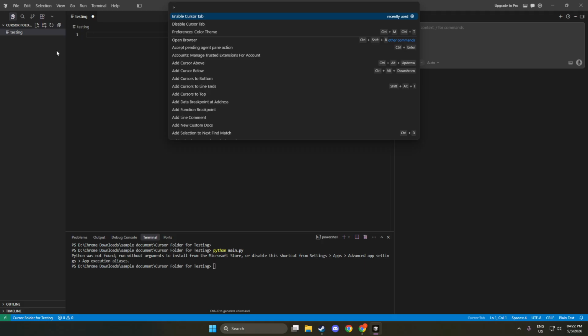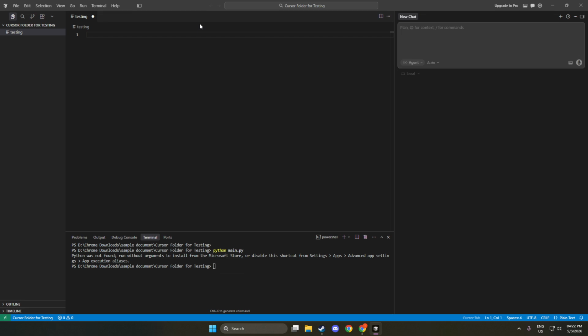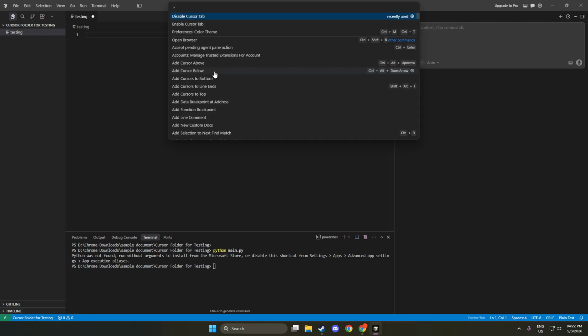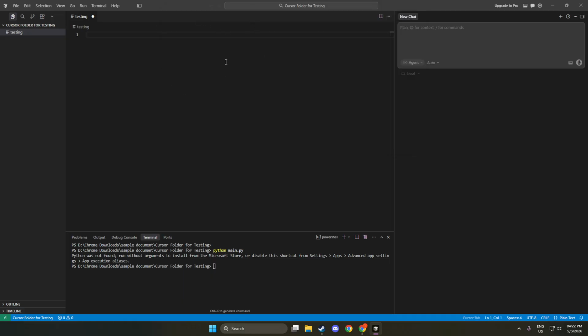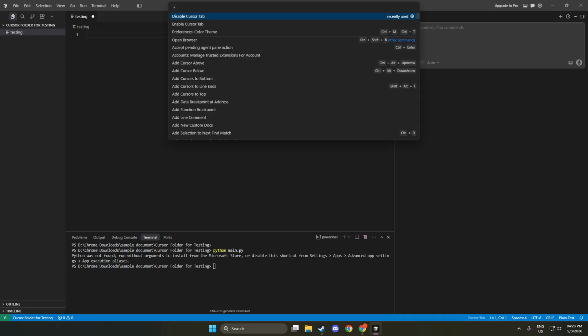As you type, Cursor will filter the available commands and show you a match. This command is specifically designed to stop the AI from inserting or suggesting completions when you press tab. If you've been seeing gray ghost text or inline suggestions popping up as you type, this is the control that shuts them down. Don't worry about capitalization. The important part is matching the wording so the command appears. Once you see Disable Cursor tab in the list, press Enter to run it.